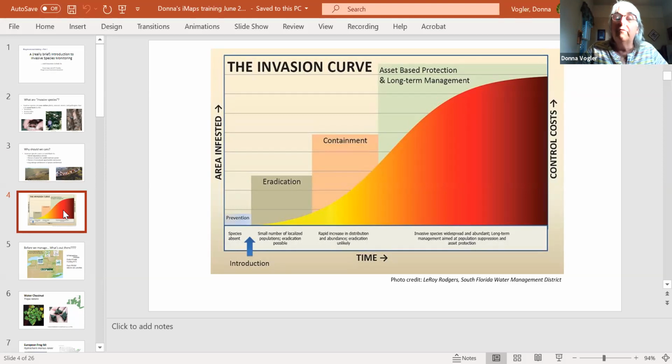The goal of this effort, though, is really on two ends. For those that are widespread, it is to push them down into the level where we can contain them, keep them in a particular watershed, and prevent them from getting into a larger lake system, etc. Or on the other end, it is prevention, recognizing these species before they start to overwhelm the system.